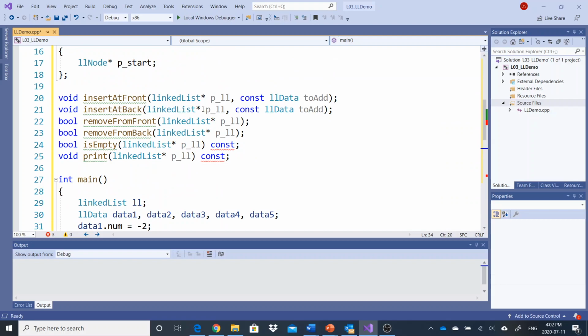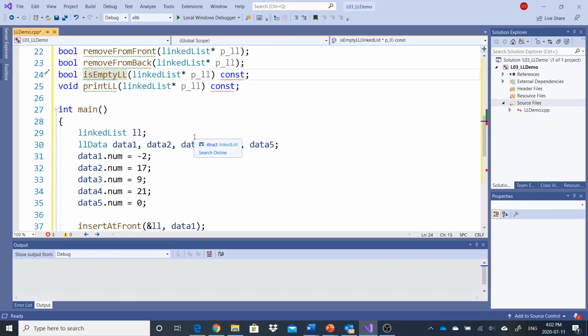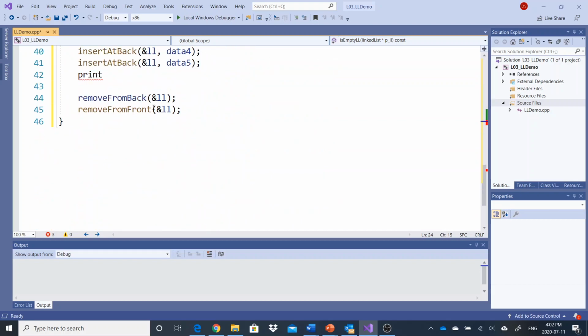Do I have linked list print or something like that? Oh, it's called print is empty linked list. Let's call it that. Okay, so